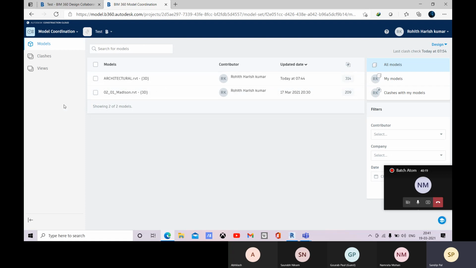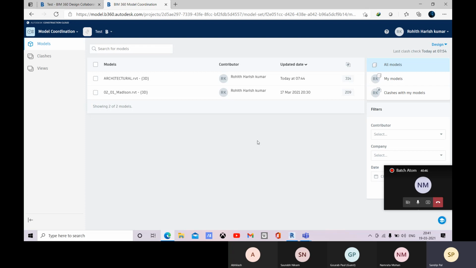So you just have to define the folder for your model coordination, before you go for your clashes, your views. This is very helpful because when you have lots of team members and a big project, there are clashes to be happening.